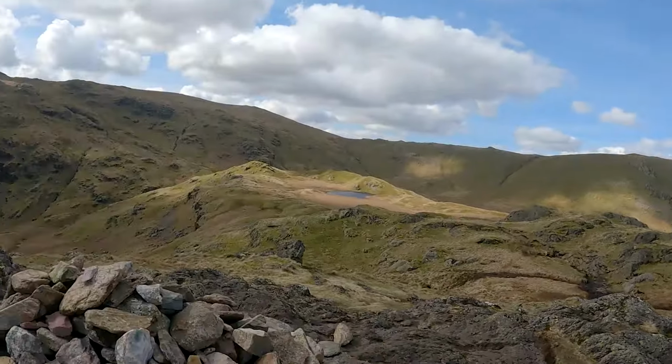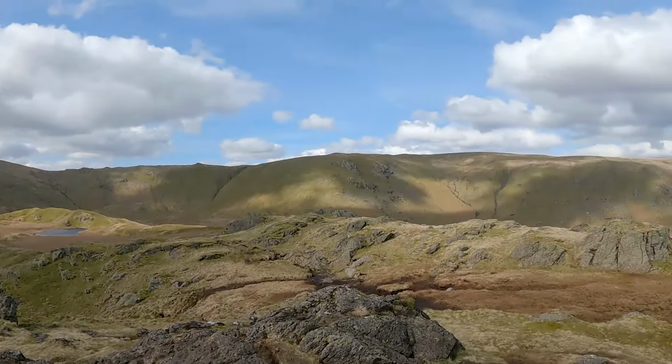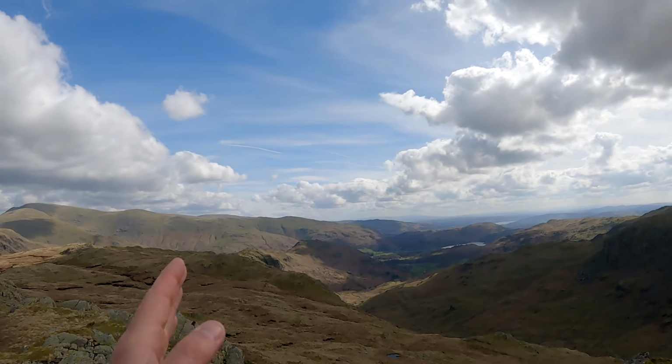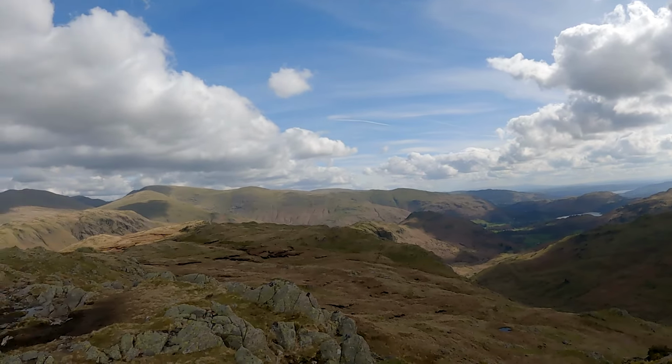Helm Crag, 537 metres, second one of the day. Built a little fell, this. Some views from here, like. See down the valley there, looks quality. We're going to be heading in that direction. You can see the howitzer, our last fell of the day, but